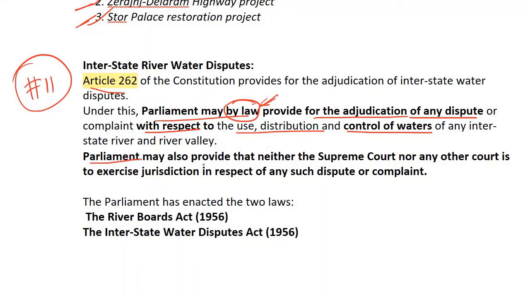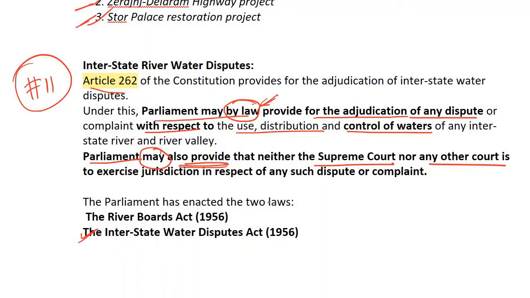Now Parliament may also provide that neither the Supreme Court nor any other court is to exercise jurisdiction in respect of such dispute. So Parliament can provide that, and it has done so in this Interstate